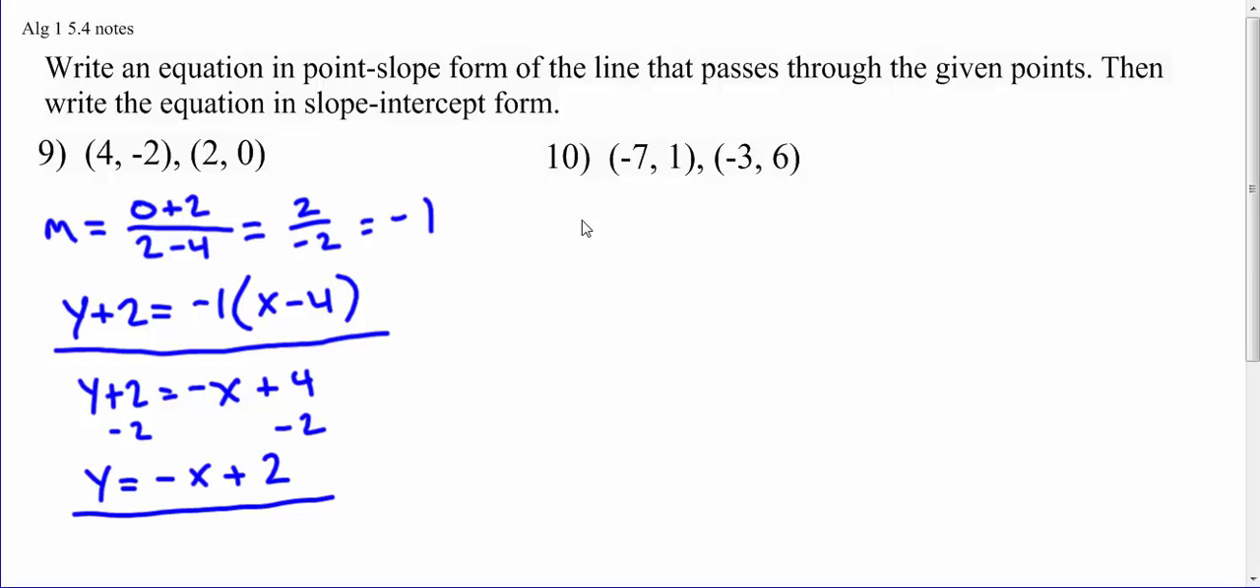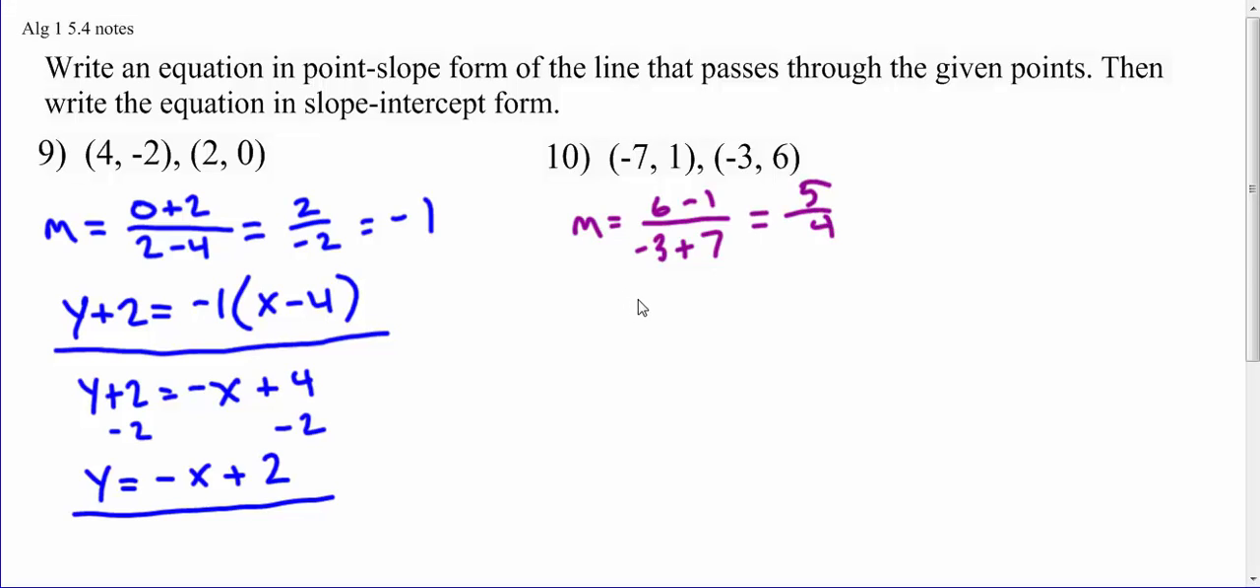Let's do the same thing on number 10. I know this process may seem like it's fairly complex. You'll get the hang of it. You got to be able to find slopes. That's something that's hugely important here. So we got 6 minus 1 and -3 minus -7, which I just wrote as plus 7. So that would be